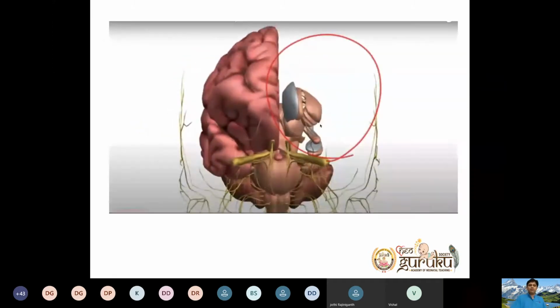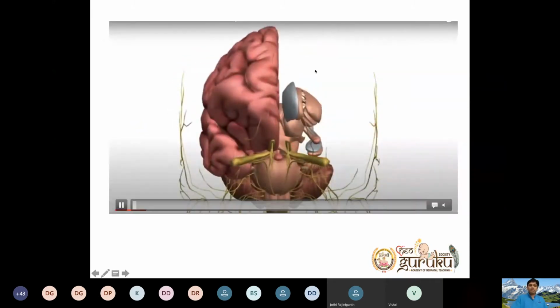You can see one half of the cerebral hemisphere. You can see here from medial to lateral. I've removed the cerebral hemisphere. You have the lateral ventricle anteriorly. Then you have the caudate nucleus. Then below you have your thalamus. This is your globus pallidus interna, externa, and putamen. You can see this globus pallidus interna, externa is like a cream biscuit. Don't give that example. I'm just saying it to make you understand.